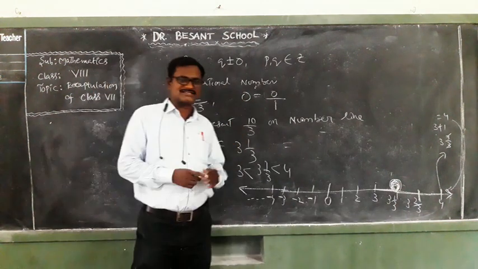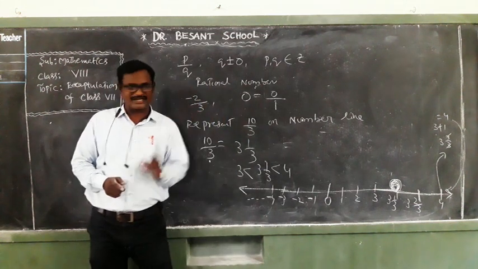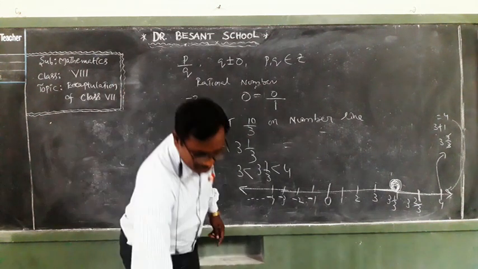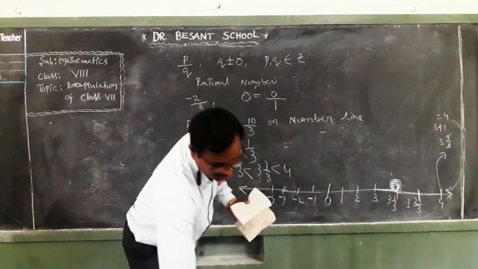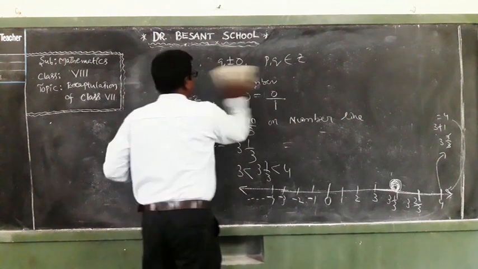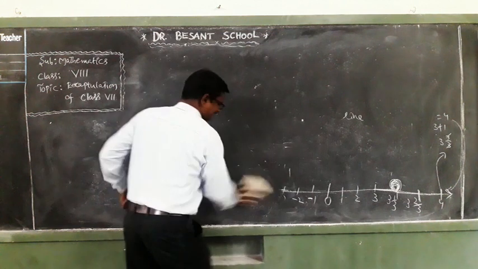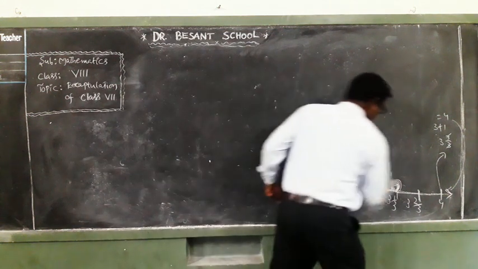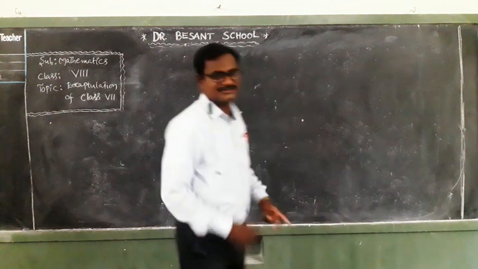We completed all these things in our previous class 7, second chapter: fractions, decimals and rational numbers. So if you go back, children, do you remember what our third chapter in the 7th class textbook was? That is simple equations, which means linear equations in one variable. That was our third chapter in the 7th class. So what we learned from this third chapter, we have to recollect once.